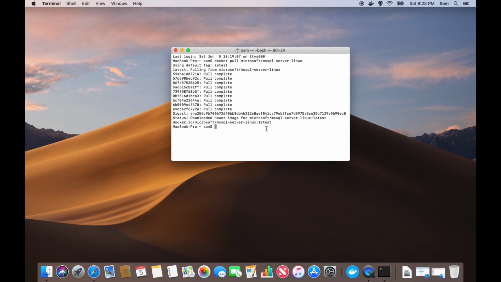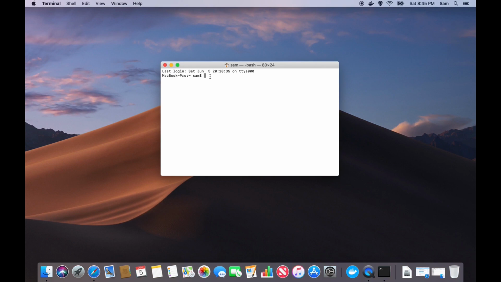Now you can see the download got completed, and you can see from the status: downloaded newer image for MS SQL Server. Next step is to configure and run the SQL Server which we downloaded now. So type in the following commands in your terminal: docker run -d --name mssql-server. This mssql-server is the name of the SQL Server you are giving, and then